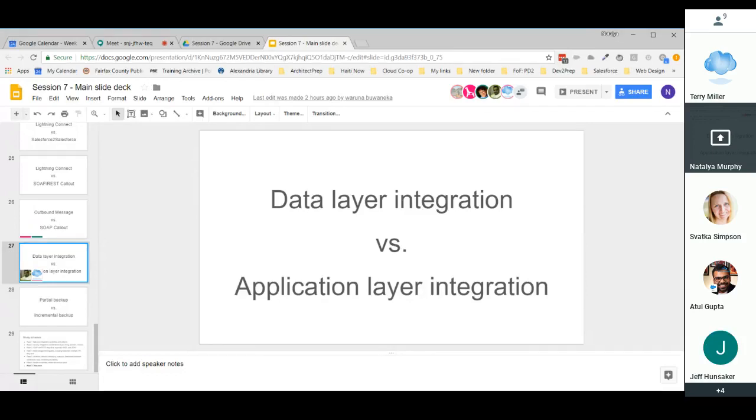The data layer is pretty straightforward. There's a lot of things we've talked about with SOAP and REST, where you're taking data and moving it to other systems, or allowing other systems to actually access the data. Application layer,